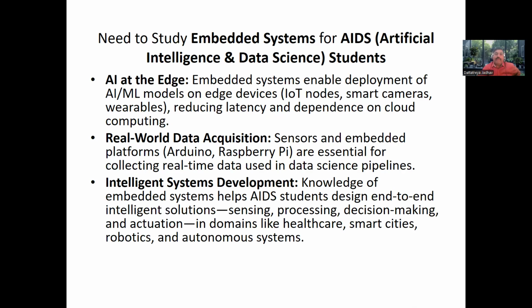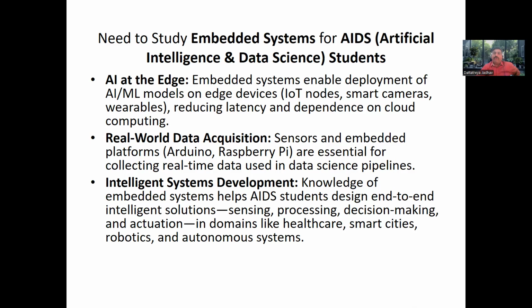So, why has the university added this subject to your curriculum? What is the need for embedded system for AIDS, that is artificial intelligence and data science students? Because of various parameters, like AI at the edge. Currently, we know AI is booming in the market. So embedded systems enable the development of AI ML models on edge devices,